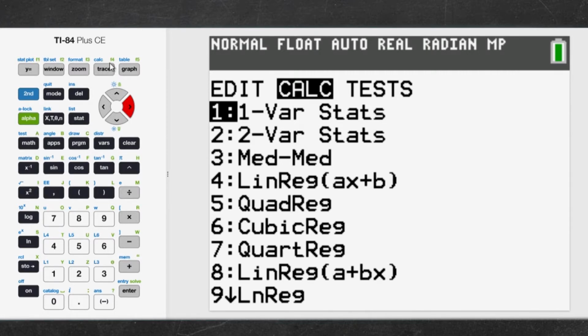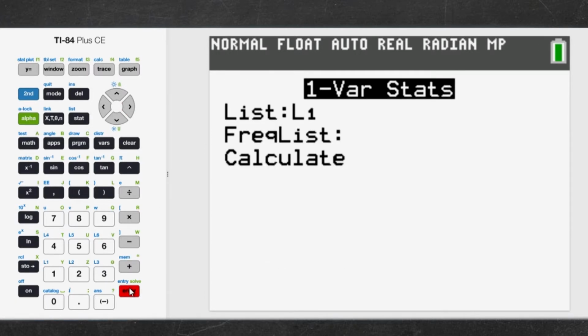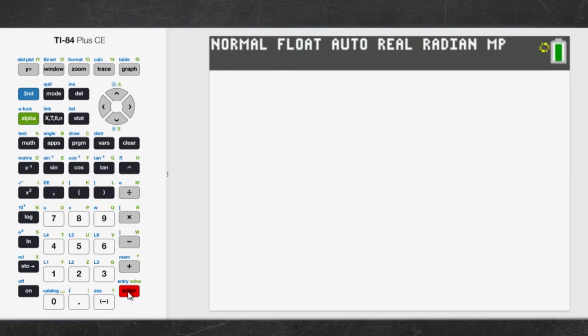We want to go with one variable stats. That's what that means right there. One variable stats, in other words, it's all about X, or all about Y or something like that, but it's one variable. And you want to see what it does? I do too. So let's go ahead and press Enter. And it says we're going to use list 1. Well, that's lovely. That's where we put all our numbers, right? So we keep it there. Frequency of the list, that's fine. Let's go to Calculate and see what happens. By the way, it'll default to 1 for our frequency on the list if we don't have something there. Let's see what we get.